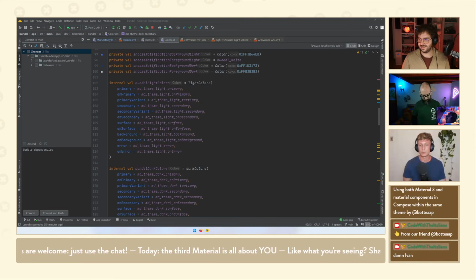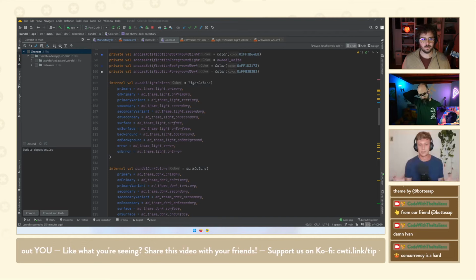Like what color are those components going to be? How do they look alongside Material 3 looking components? That's a fairly complex question. The other question is, from a technical point of view, a Material 2 component, both in the views world and in Compose, expects a Material 2 theme to be wrapping your composable app.